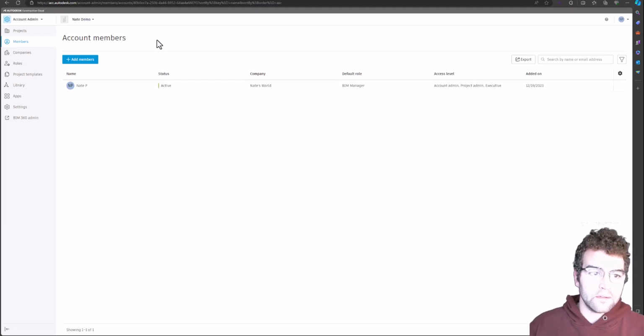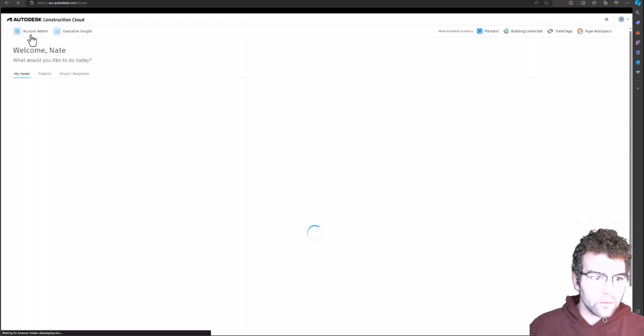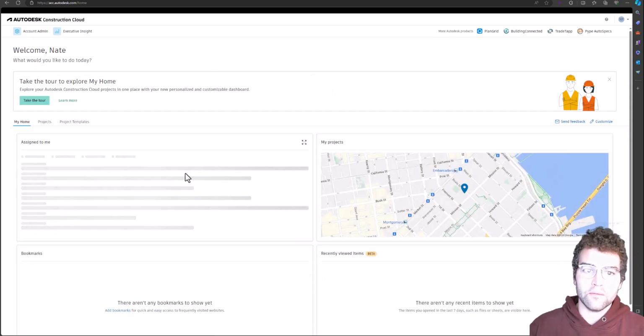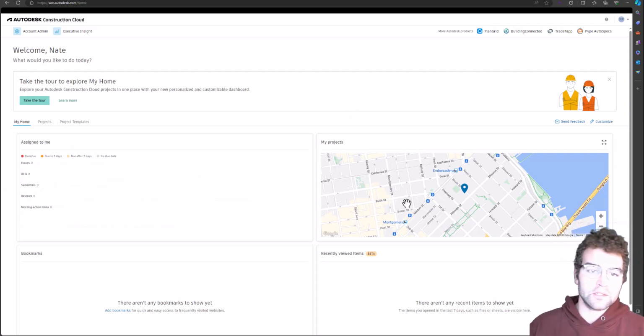So let's just jump into the account admin here and take this for a drive. Right here, I'm just going to go to my home first. This is outside of the account admin. This shows you tasks that are assigned to you, where your projects are located, bookmarks, and recently viewed items. And so if I go into the account admin right here,